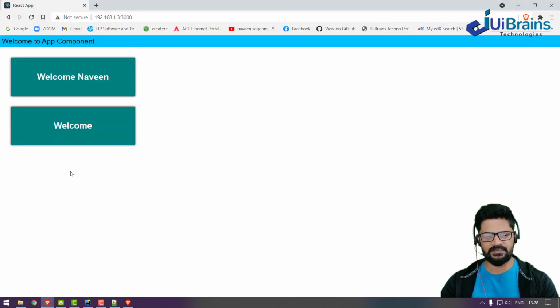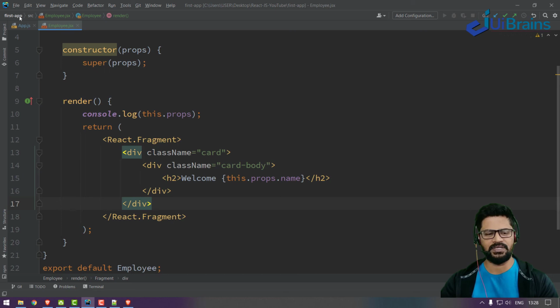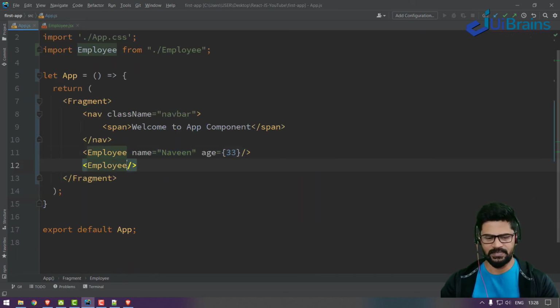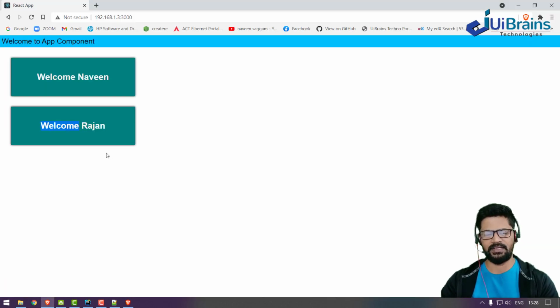Now go and check. See, I got Naveen. Okay, sir, here you have not received anything because you have not provided anything. I'll say name is equal to Rajan. What happened? See, welcome Naveen and welcome Rajan. Both are the same component, same design, same look and feel, everything.